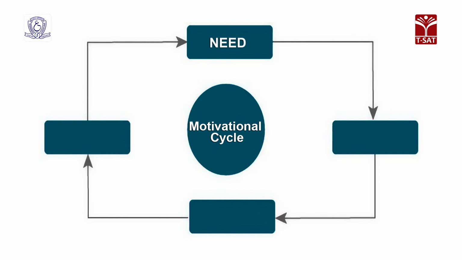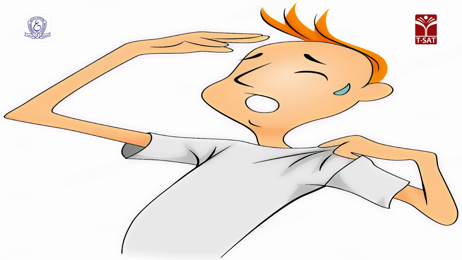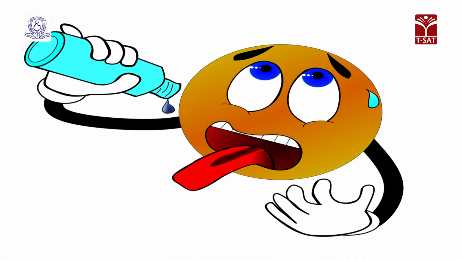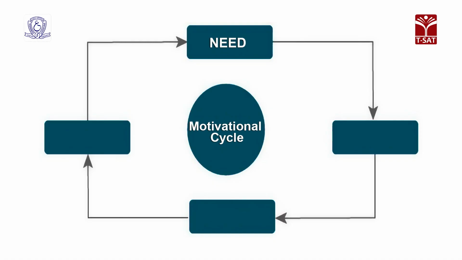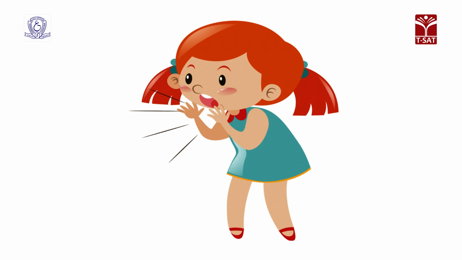First, there is a need. It can be a biological need like feeling hunger, feeling thirst, or you are suffocating, you want some air. So, anything that can be biological, your cells are deprived of water and so you are feeling thirsty. Or the need can be psychological, you want to talk to someone, you want to meet someone who is very close to you, and when you have that stronger need, the greater the intensity of the need, what happens? That leads to the drive. Drive is where you are aroused physically or psychologically, you want to satisfy that need. So, naturally when you are aroused, you will show it through your behavior.